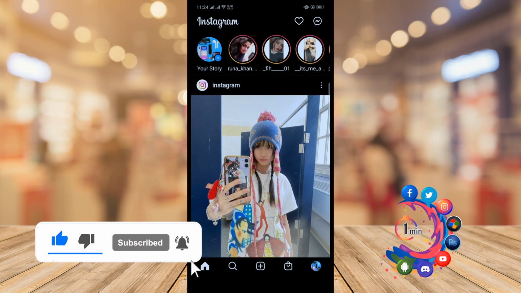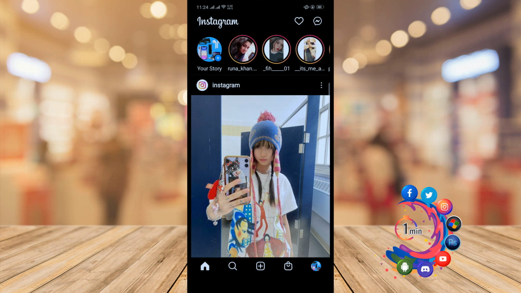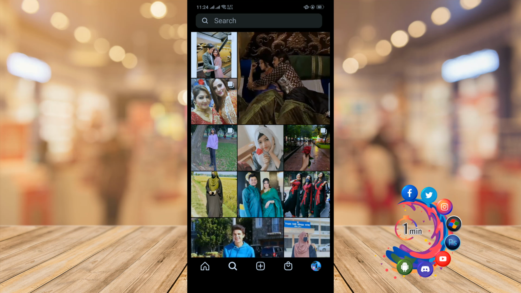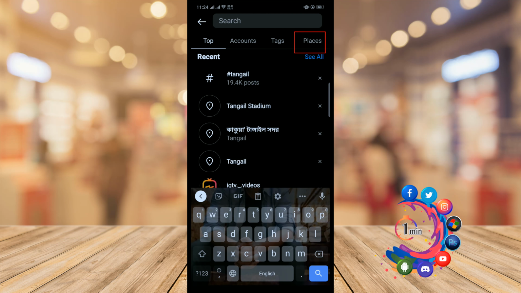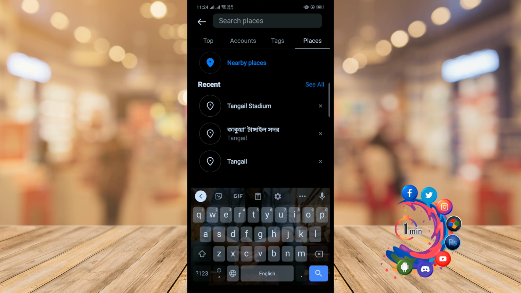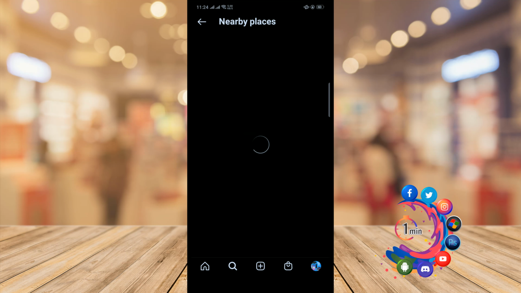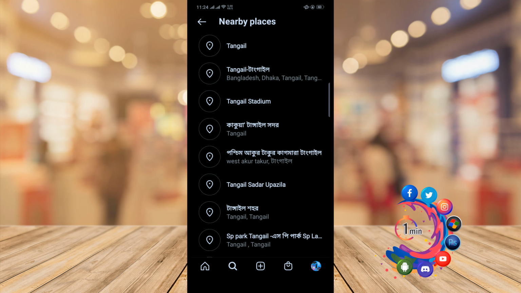So after opening your Instagram application, click on the search icon and now click on the search box, and from here click on places and click on nearby places, and from here you have to select a location. So I'm going to select this one,